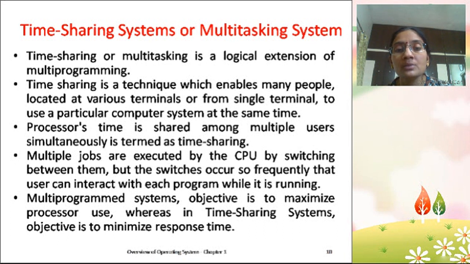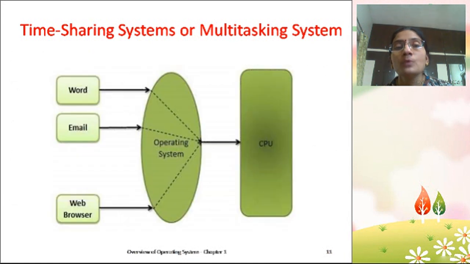Here multiple users will be in the system and the response given by the system to the users will be very short. Now in memory, the time-share system is represented like this. Here, what happens when we are using various applications like Word, email and a web browser.